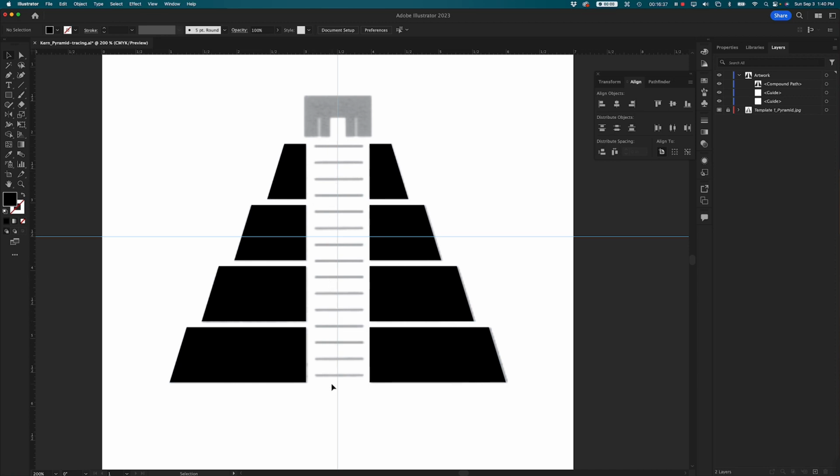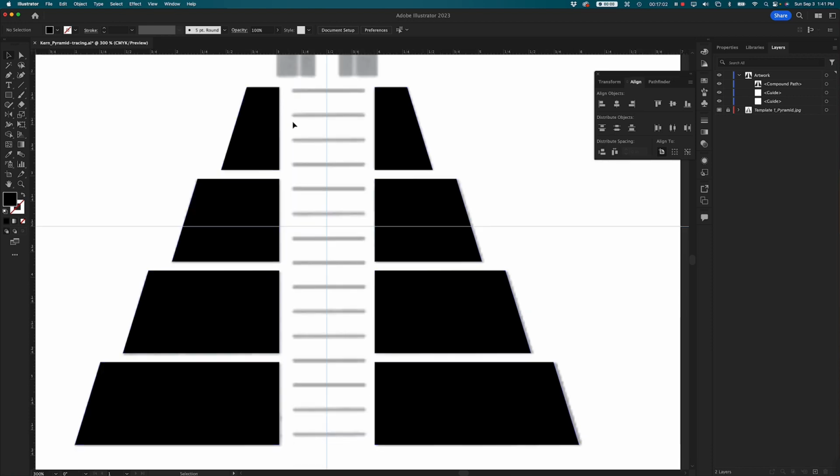So the next step is to do all my steps. I can do these using the tools that I've used thus far. I'm going to draw one of my shapes, one of my steps. I'm going to duplicate that the correct number of times. And I'm not going to worry about necessarily getting them all exactly on, because then I'm going to go back over here to my distribute tools like I did with my steps, and I'm going to evenly align all of those. So let's grab a rectangle tool,